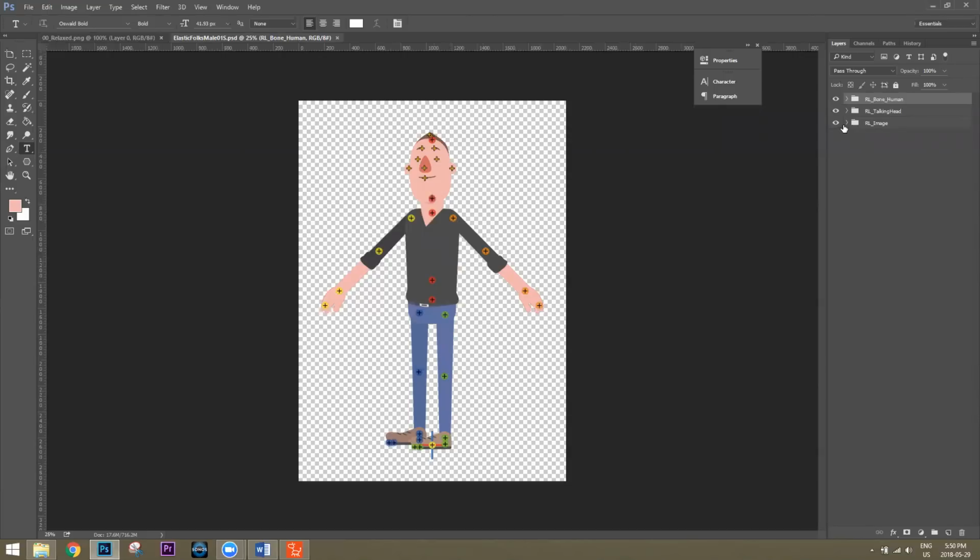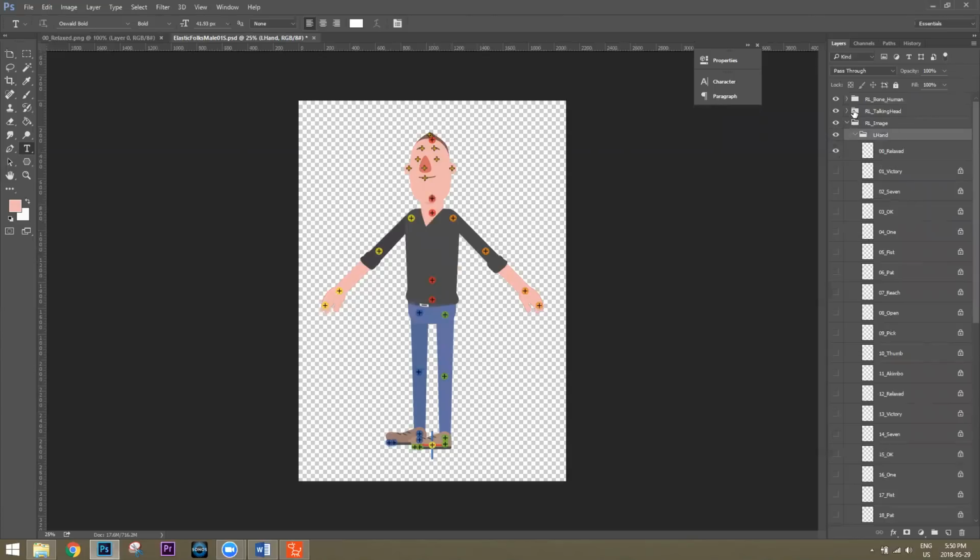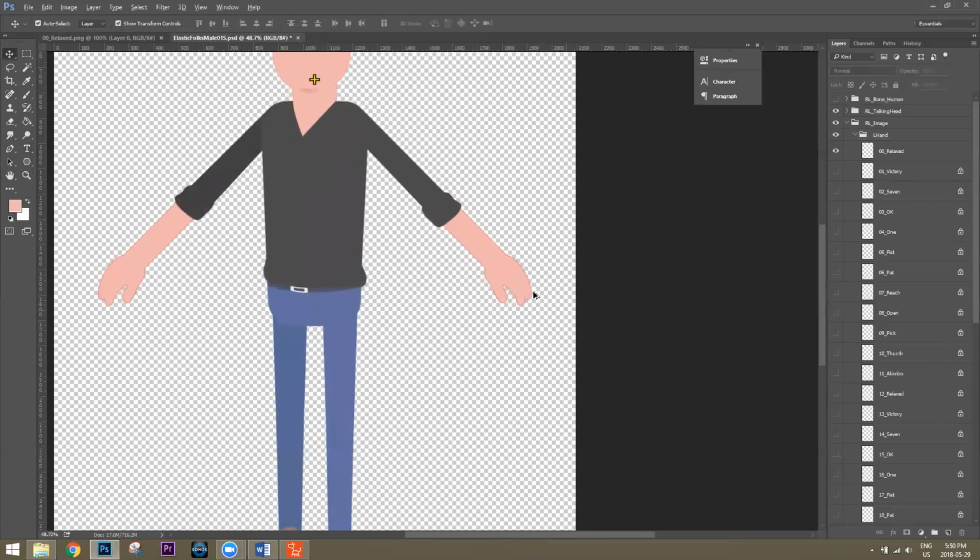But here's your character, and under here you'll have all the different sprites for your hand. I'm just going to click here to make those bones invisible for now. And the talking head. Oh, we don't want to take off the head. All right, we'll just focus on the hands right now. So what I'm going to do is select the hand right here, and you can show all the other hands. So this is a peace sign, 7, okay, all those other signs right there. Hand gestures, whatever you want to call them. Okay, and then you can do them one at a time and bring your character back in.